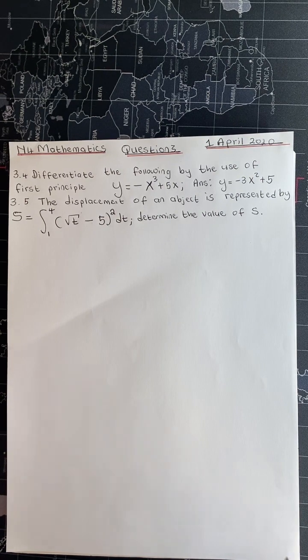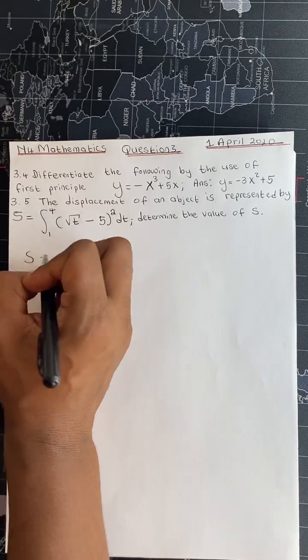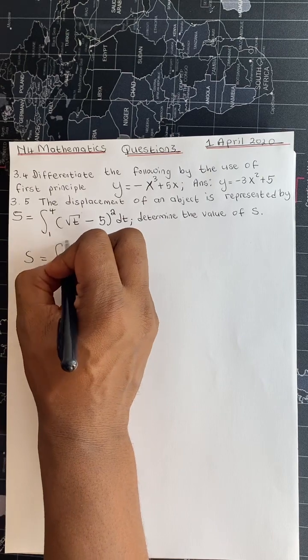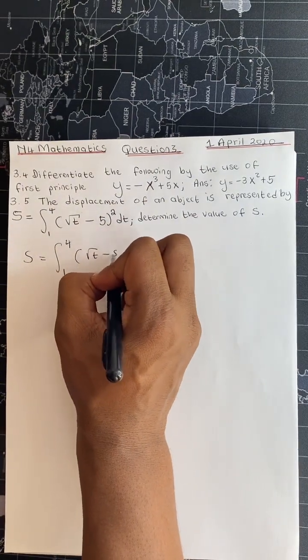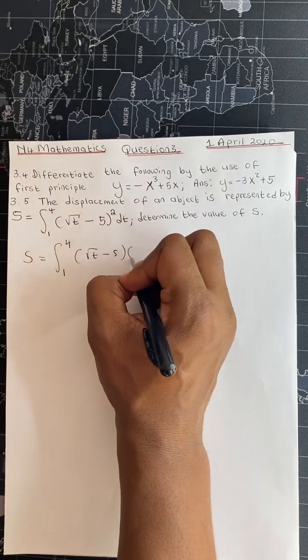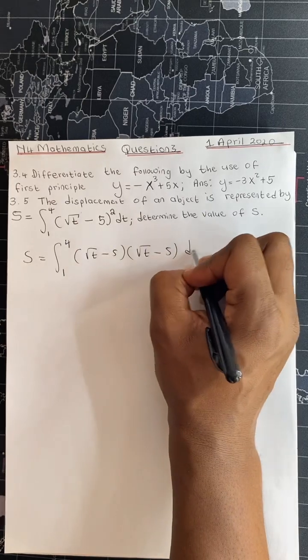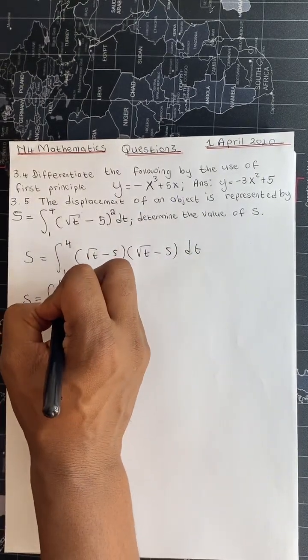Determine the value of s. So we have to solve this integral. So we have s is equal to the integral from 1 to 4 of the square root of t minus 5, all squared. So let's expand the square root of t minus 5 dt. So before we can integrate, let's first